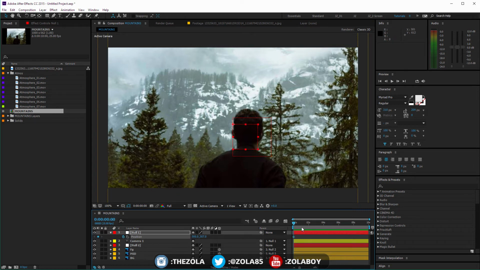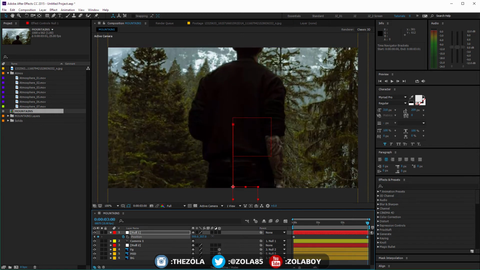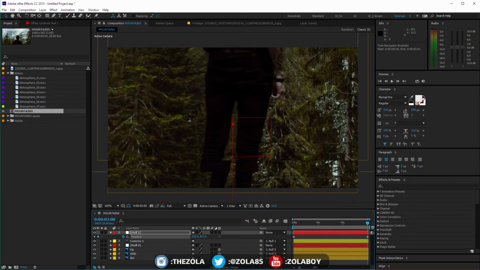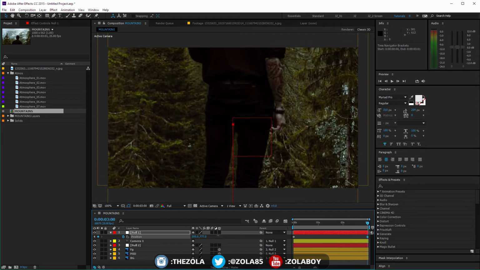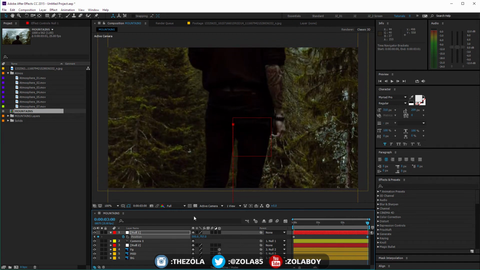So let's do a slow move here over maybe the course of 3 seconds. If I zoom in here, find 3 seconds, hit N and then trim the comp to the work area. So now my whole composition is just the size of this 3 seconds, and I'm going to move up. Let's start right down here. Now I don't want to go to the point where we can see the background over this, so I think about there is cool.